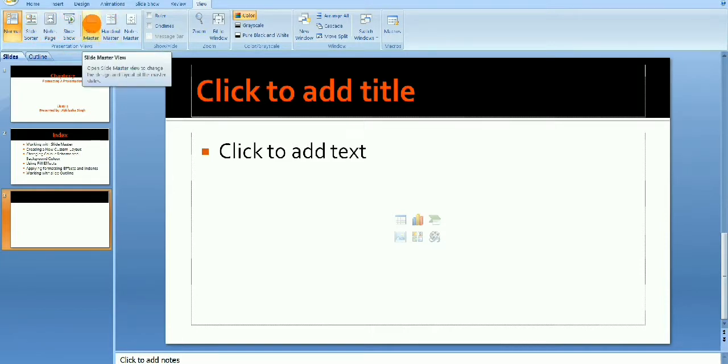In this chapter we have to work on the Slide Master view. After clicking on the View button, we have to click on the Slide Master. This is the Slide Master. In the presentation views group, you will find the Slide Master. You have to click on it.